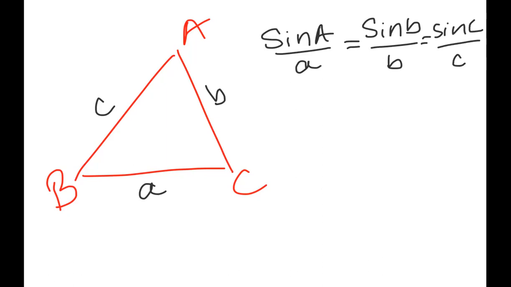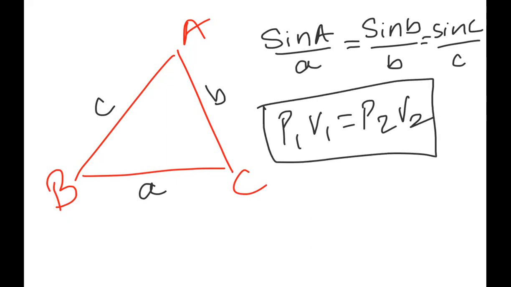Now, tell me one simple thing. Don't you think this situation is somewhat similar to, if you are from science, P1 V1 equal to P2 V2, right? When do we use P1 V1 equal to P2 V2? When 2 pressures and 1 volume are given, or 2 volumes and 1 pressure are given, right? Of course the temperature is constant, that is a condition. But when do we use this formula? When we have been given 2 pressures and 1 volume, or 2 volumes and 1 pressure.